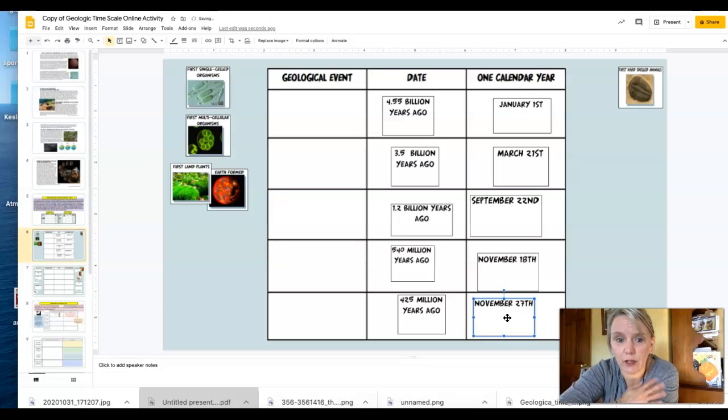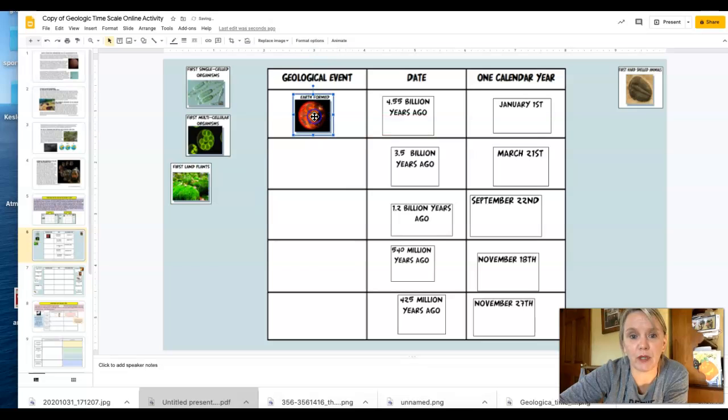And then your job, which I'll leave to you for this page, is to go back to this reading in slides 1 through 4 and find out what organisms are the defining organisms, or what geological event happened during this period of time. So to start with, obviously, Earth is formed 4.55 billion years ago, and that would indicate on our comparison January 1st, right?